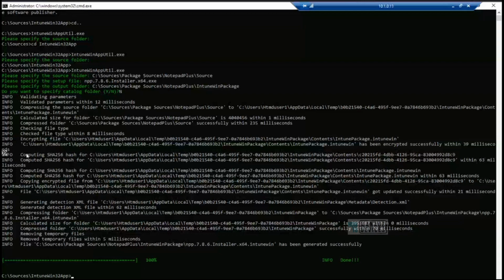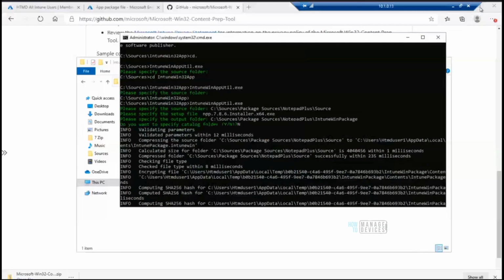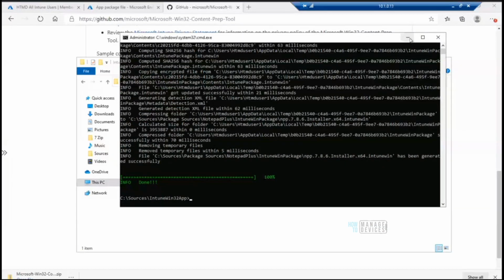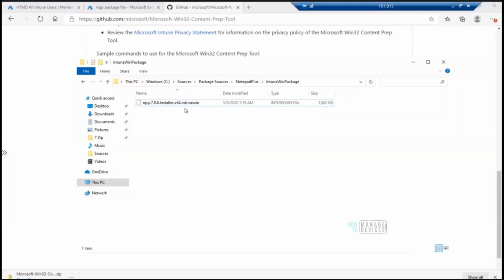If you want to see, you can easily see those details over there, right? So I don't want to explain that here. It doesn't make much sense. It is basically wrapping all my exe and adding some certificates and security settings into that, and uploading it into a single file that is called Intune Win. This is the Intune Win file.